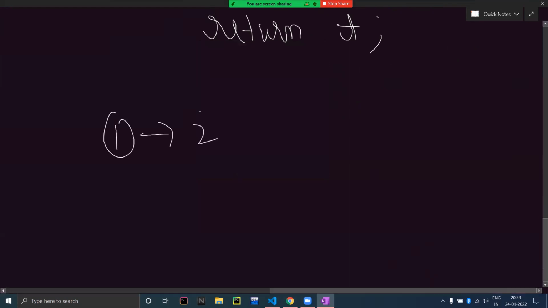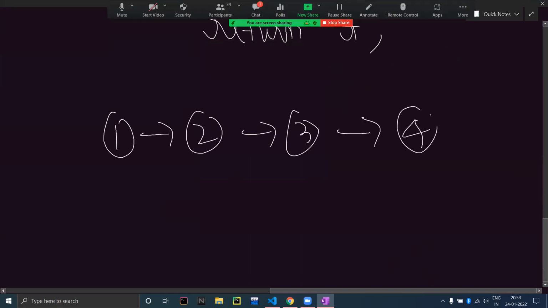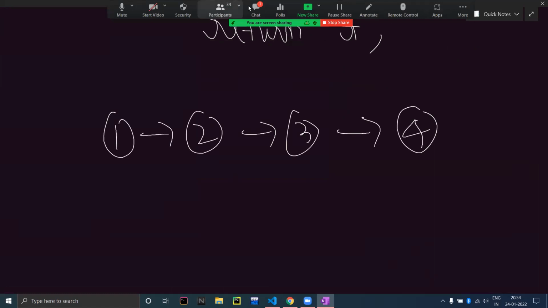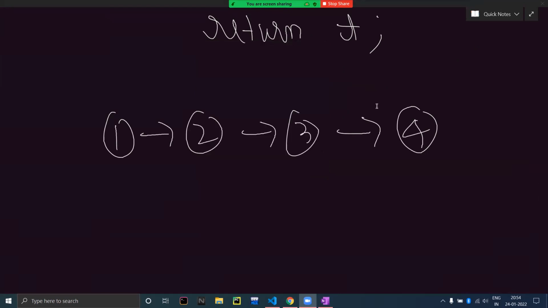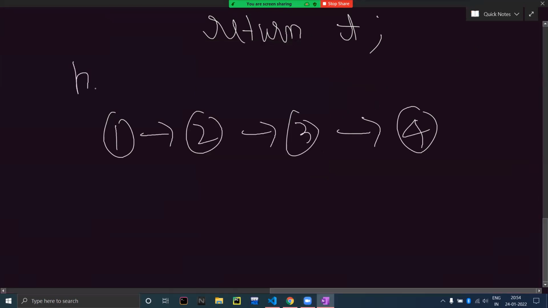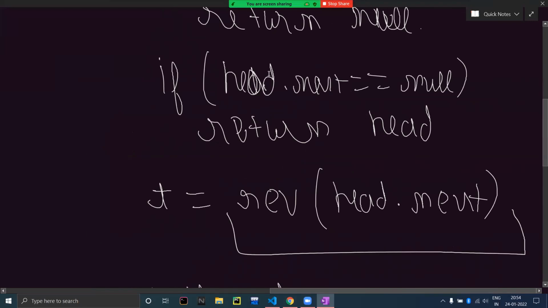Okay, so this is what we had initially. I mean, you take 1 as head, right? Yes, 1 is the head. Okay, let me dry run it again. So this is how we were initially, right? This is the condition that we have. And then what will happen? We go through this function,